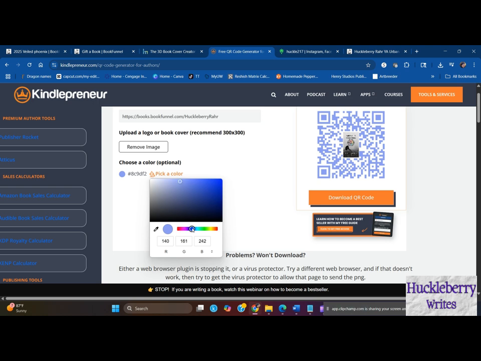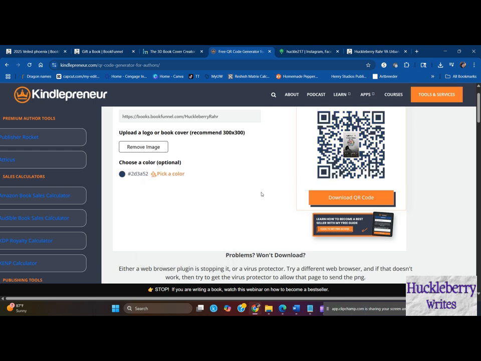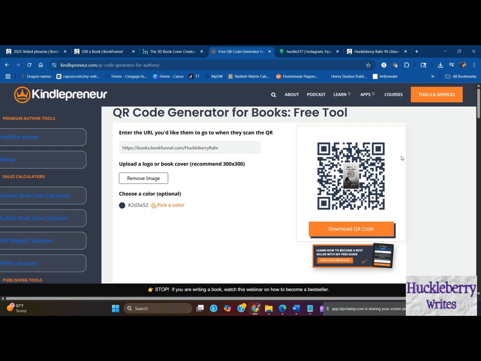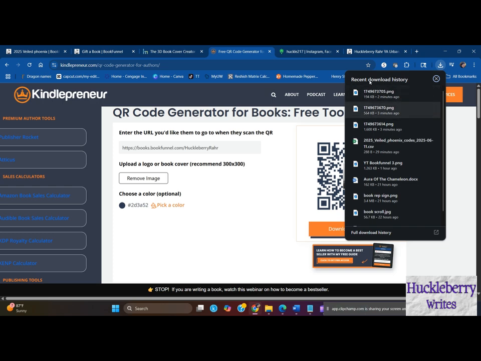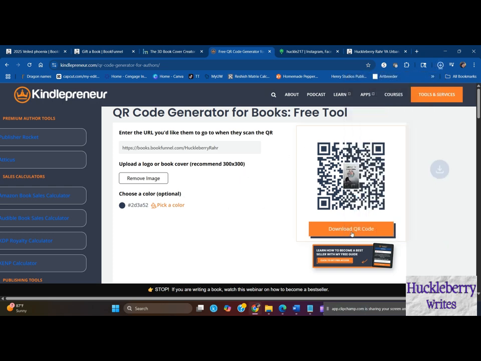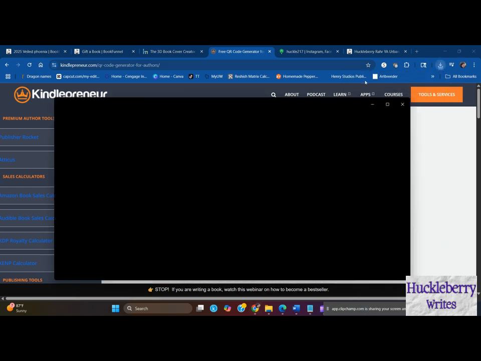Maybe I want it, there. And then I have this QR code created and I can download it. And it looks very similar to what we just saw,